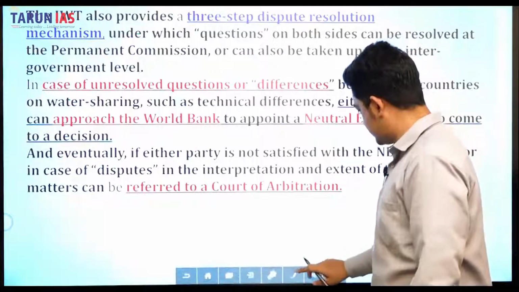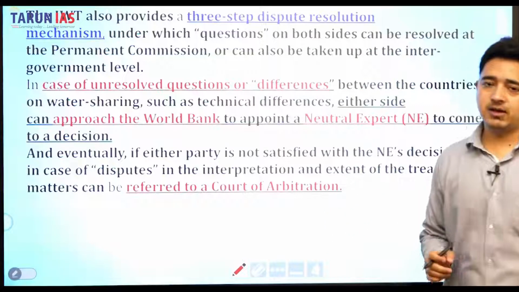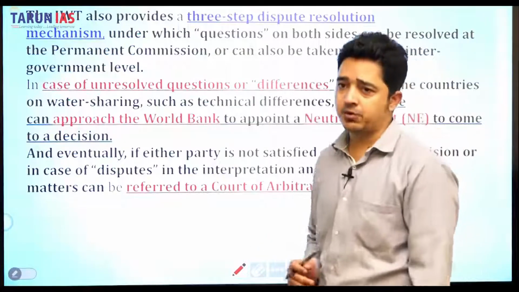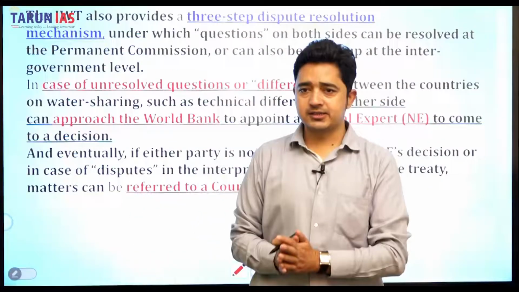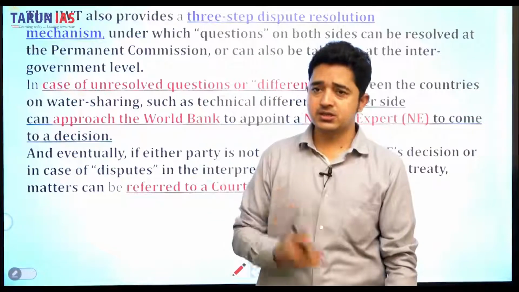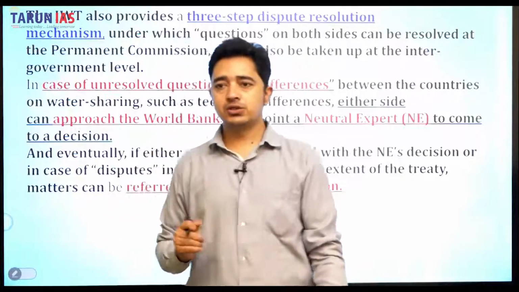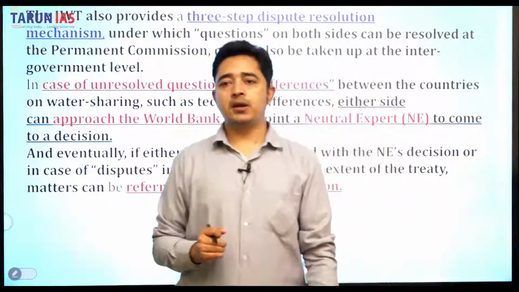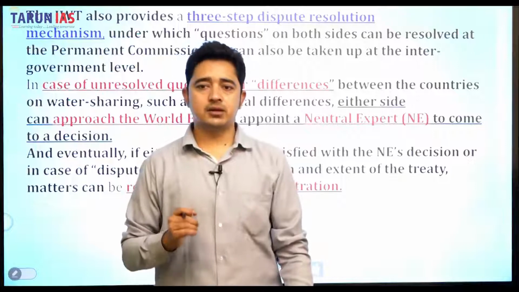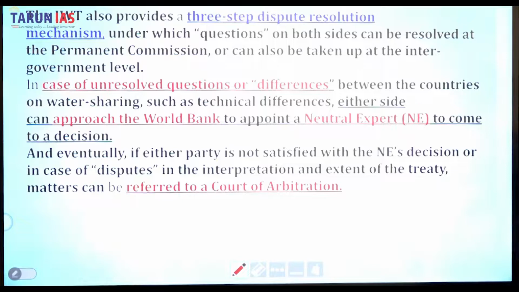So this treaty also provides a 3-step resolution mechanism. As you can see, if there is a dispute, we have a dispute redressal mechanism. So in this treaty there was a dispute resolution mechanism by which questions of both sides can be resolved. A permanent commission can also take it up at the intergovernmental level. So in that context,